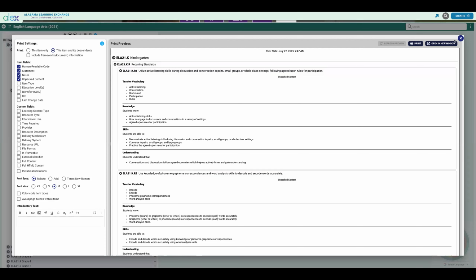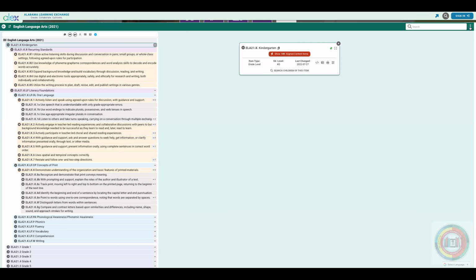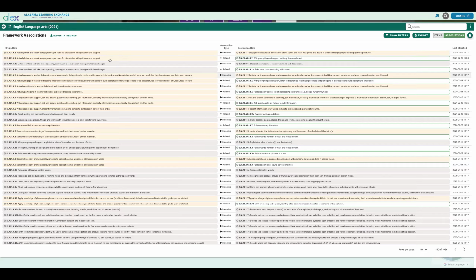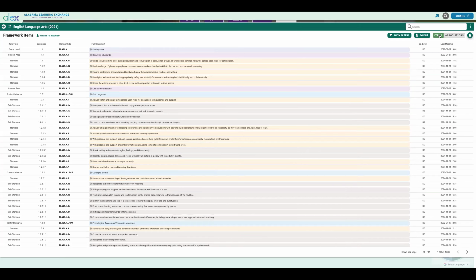The other thing that sometimes people ask us about is downloading this information into a spreadsheet. So if you're somebody who loves a spreadsheet, you're going to go to this kebab menu, change it to table, and then you'll be able to get, in this case, the association. So if I wanted to download that to a CSV spreadsheet, I have that option. I can also download the standards as a spreadsheet. So that's something that is interesting or useful to you. That ability is there to download these into a spreadsheet. So I'll return it to tree view.